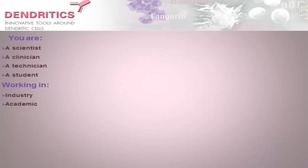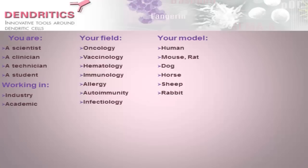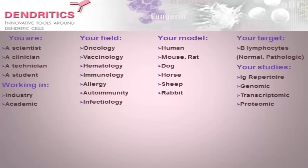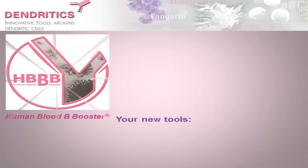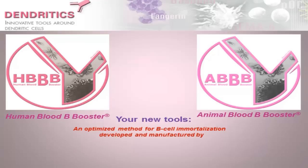Whatever your position as a lab worker, whether in private or academic institute, if you are interested in one of the listed fields, if your favorite species is human, mouse, rat, dog, horse, sheep or rabbit, if you are targeting normal as well as pathologic B cells for repertoire, genomic, transcriptomic or proteomic studies, then your new tools must be the human blood B booster and the animal blood B booster kits, innovative tools intended for B-cell immortalization, developed and